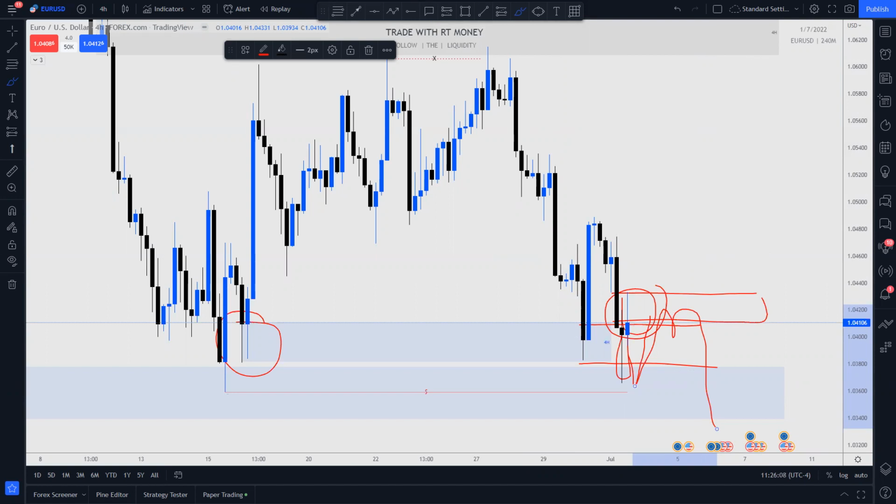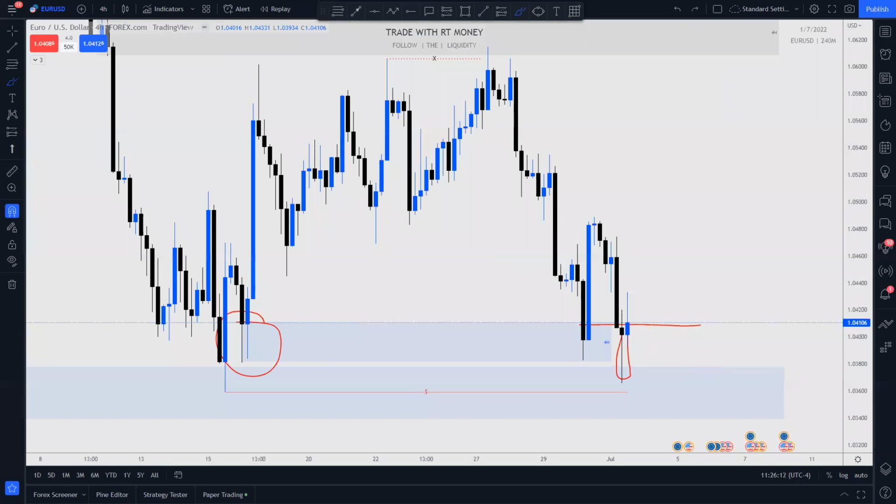That's the safest way to take a trade. Once that happens, as soon as you get a close below this demand zone and it cuts this demand zone, because we've already taken the liquidity from this low,